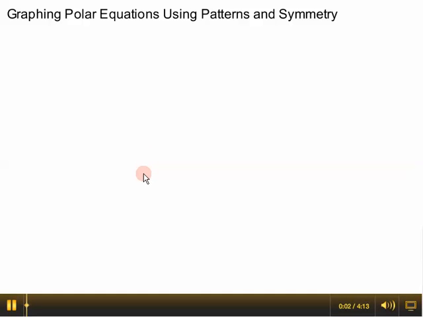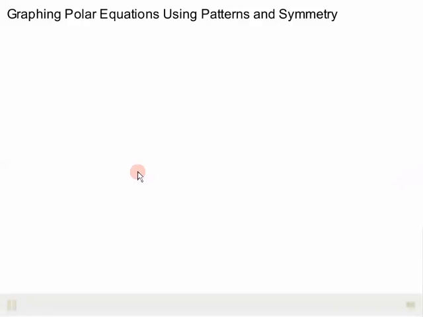Okay, so rather than just plot a bunch of points to graph a polar equation, in just a moment I want to remind you of some things about the sine function, simply because we can occasionally use patterns, patterns in symmetry, to graph polar equations as opposed to just plotting a lot of different points. So for example, if you were to look at the sine function on the unit circle,